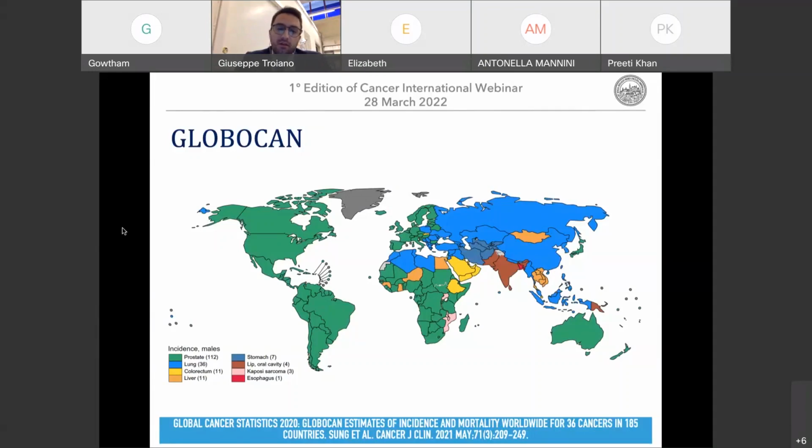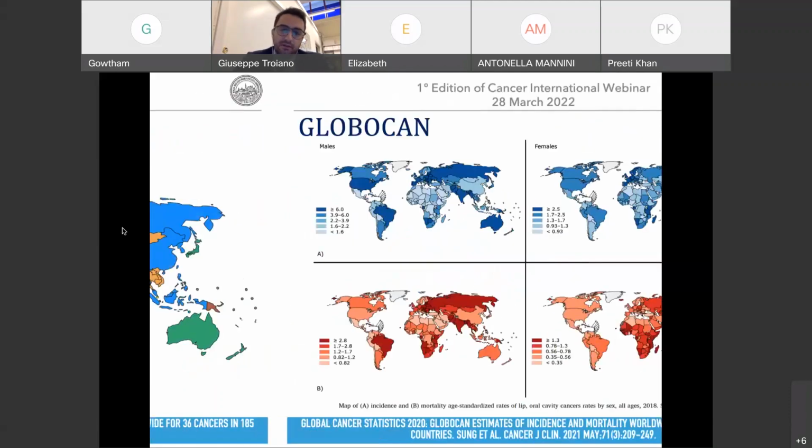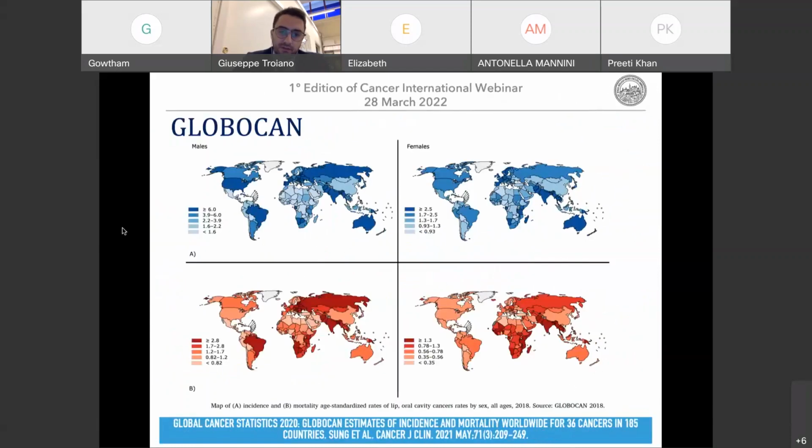It is less common in Western countries, in Europe, and in the US, but it's good to say that the rate of incidence is increasing also in these countries. It is characterized by a very high mortality rate, although also in this case there is a difference in the mortality rate among different countries,